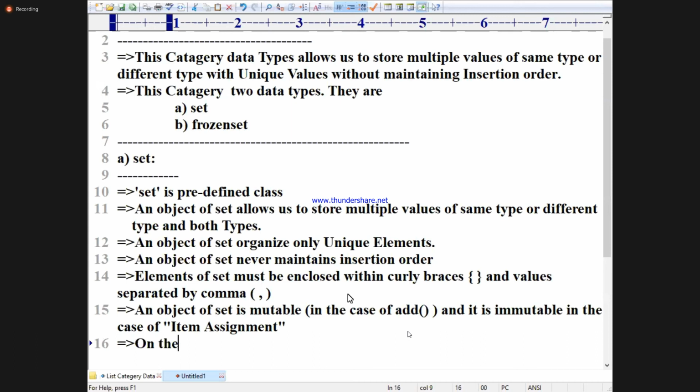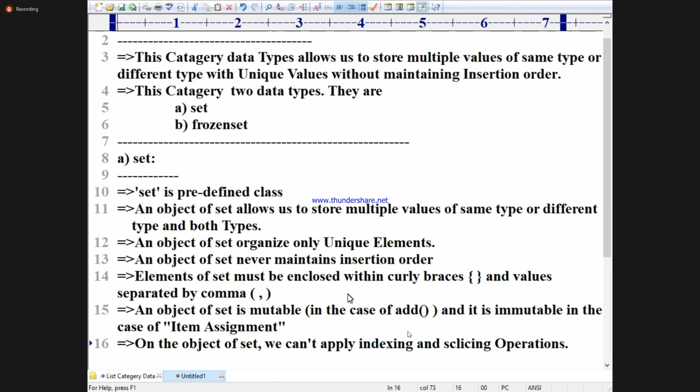On the object of set, we can't apply what? Indexing and slicing operations.